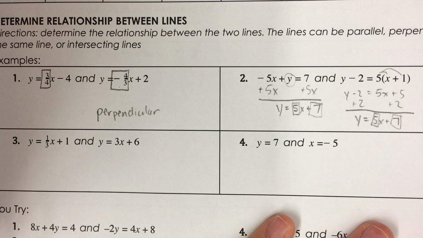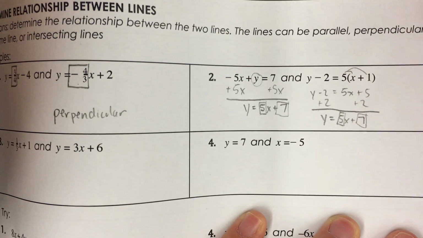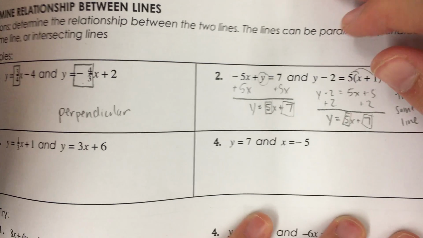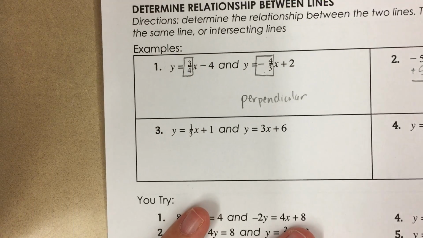So these lines aren't parallel. This is literally just two different ways of expressing the same line. Okay, so these two equations are the same line. They're not parallel. They're the same. These two lines will lie right on top of each other. Now, here,